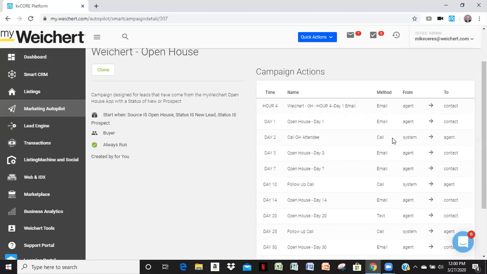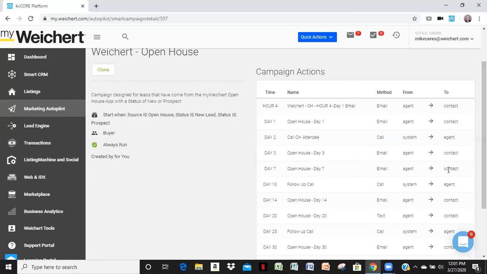The lead network is mostly going to say system to contact, which means that the system is going to call you and tell you you have a lead on the line, and then press 1 to accept that lead. And then basically, it's going to forward that call to the contact. So that's how the system works. In this particular case, it looks like it is a system to the agent, a task reminder, and not a call reminder. Okay. Then on day 3, on day 5,